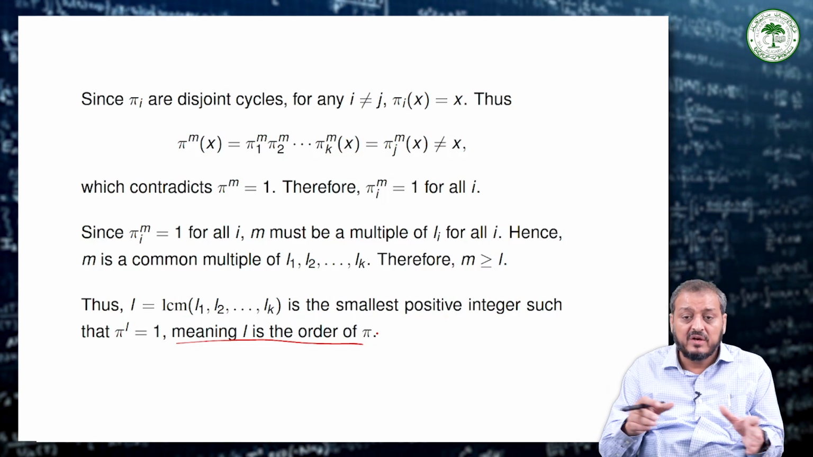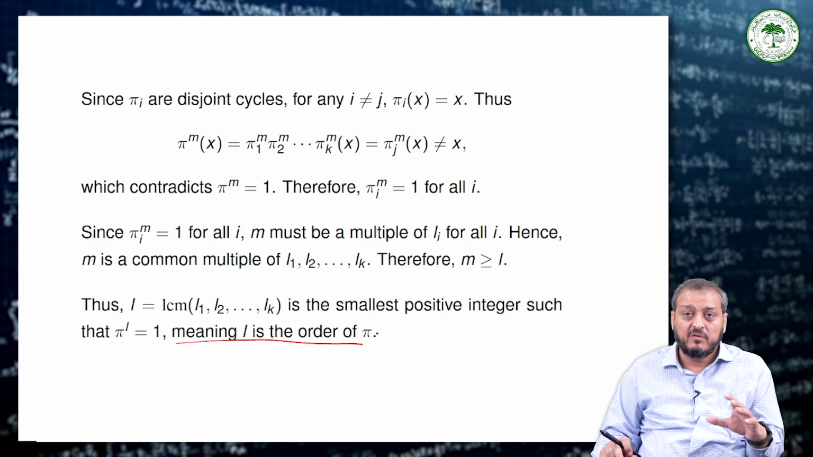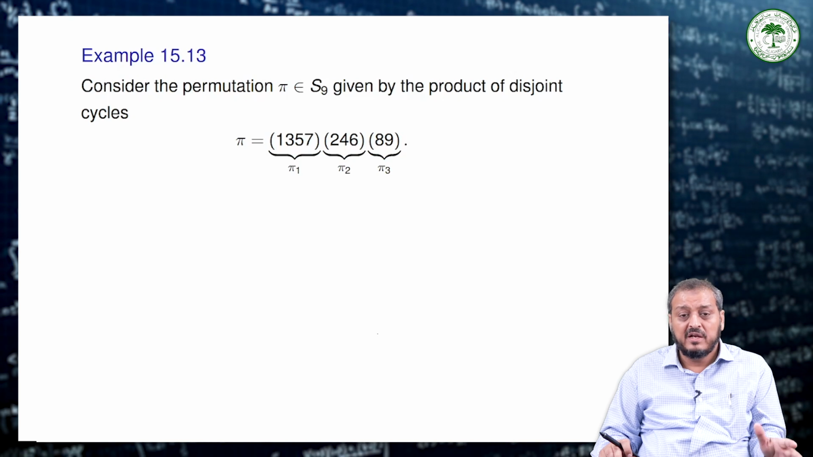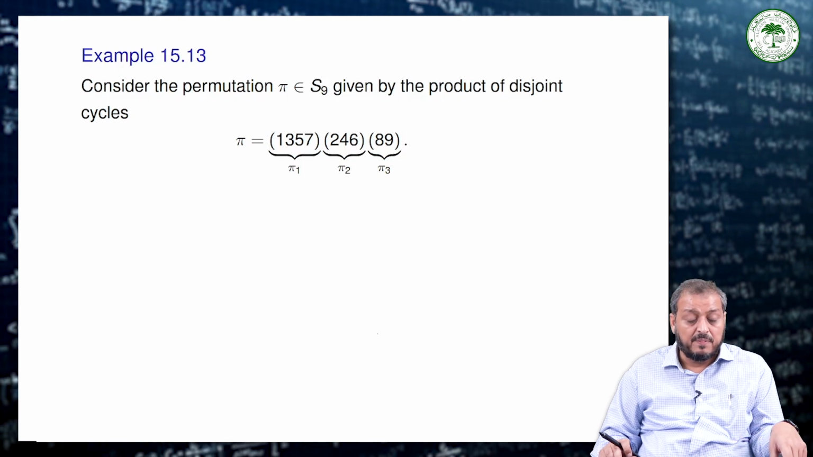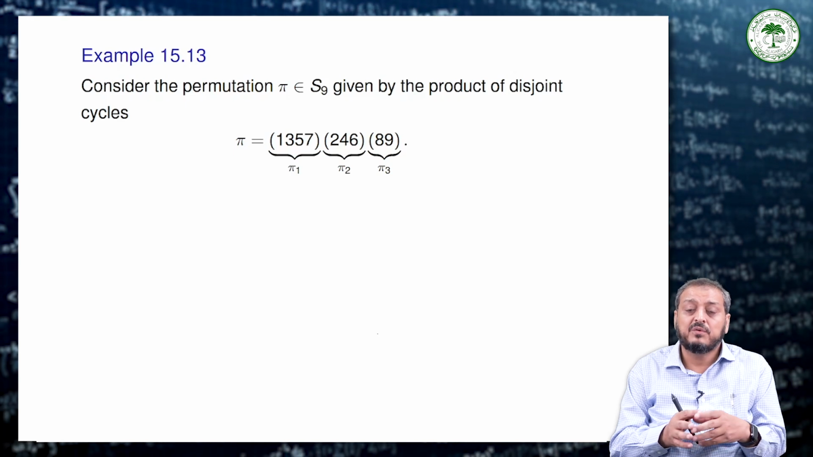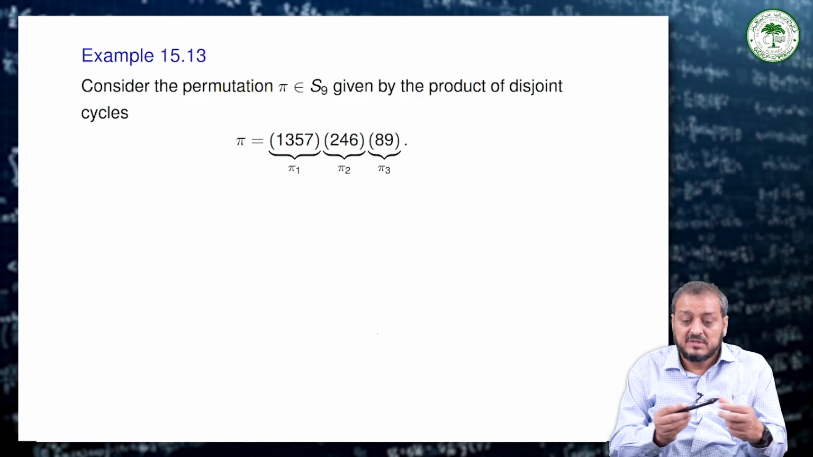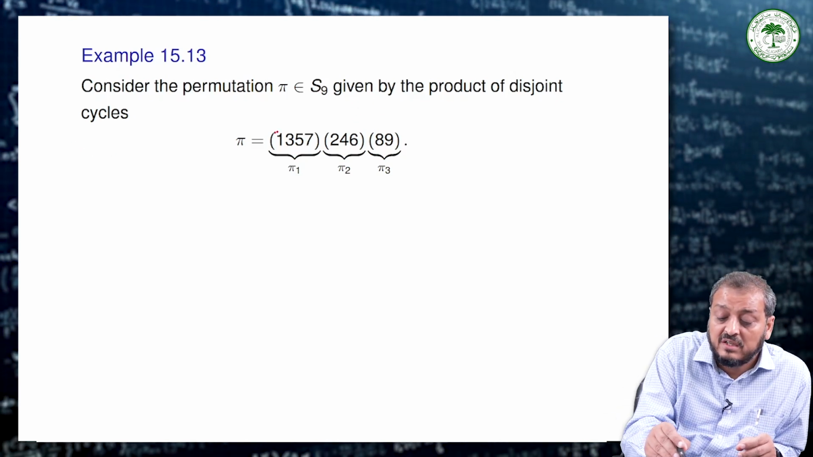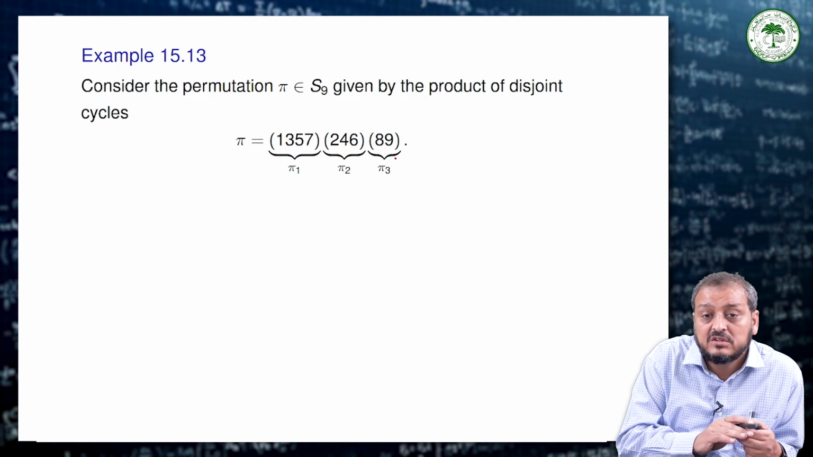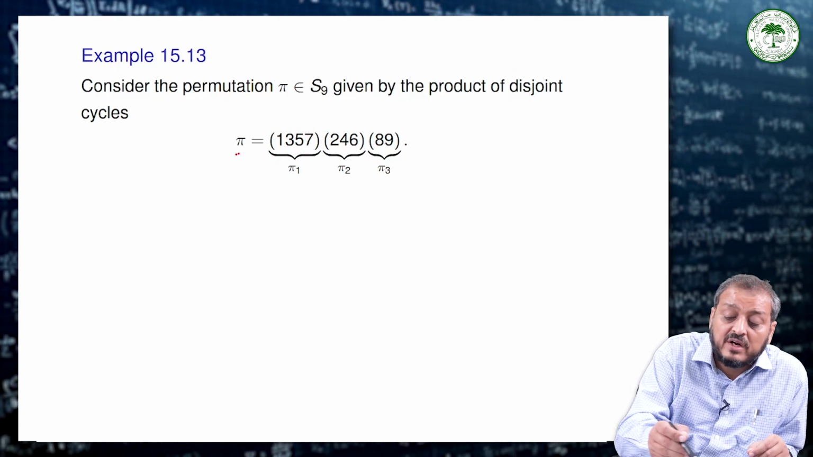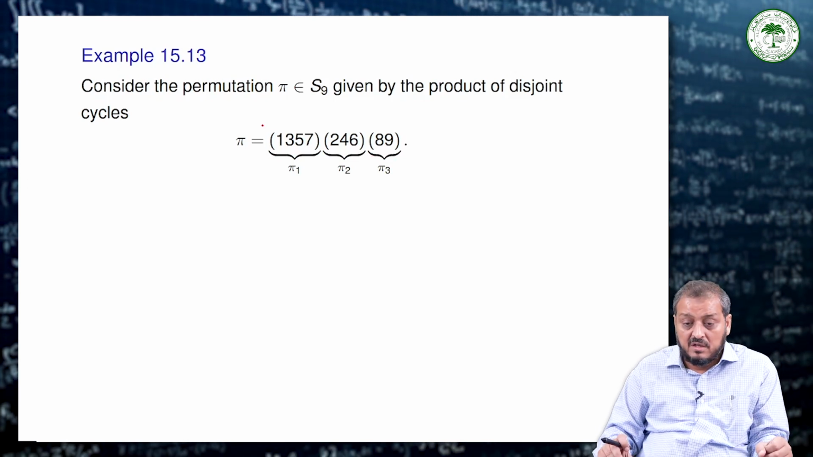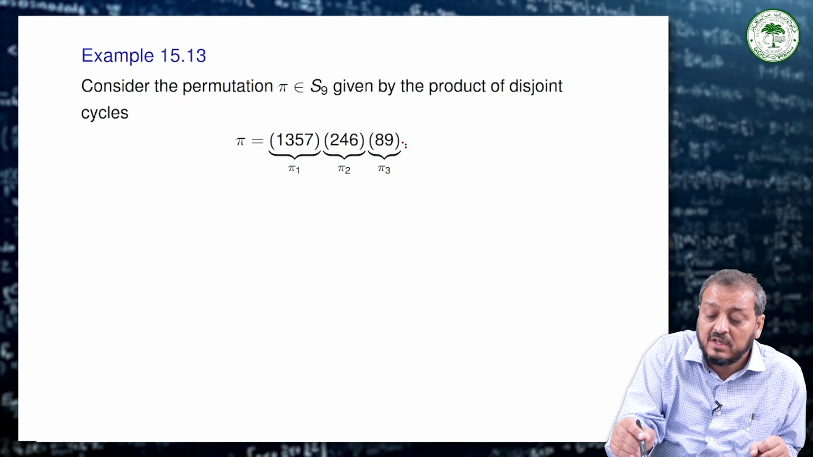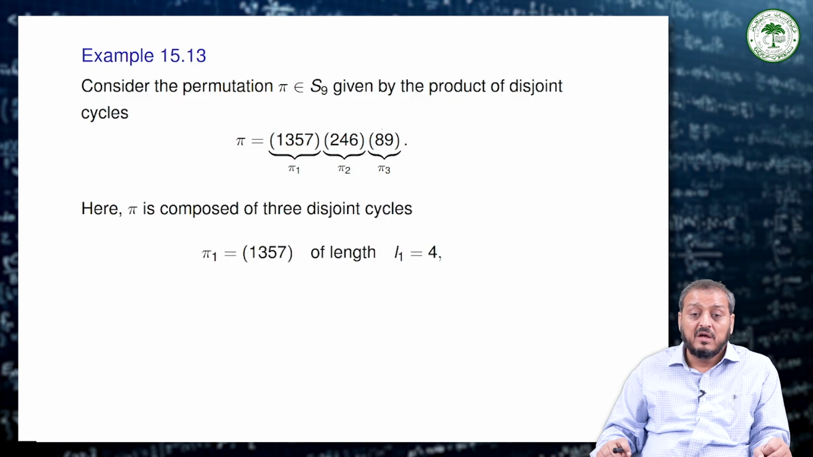So, if we have disjoint cycles, and all the disjoint cycles have lengths, then the order is the LCM of those lengths. Consider for example the permutation pi in S9, given as a product of disjoint cycles. Pi_1 has length 4, pi_2 has length 3, and pi_3 has length